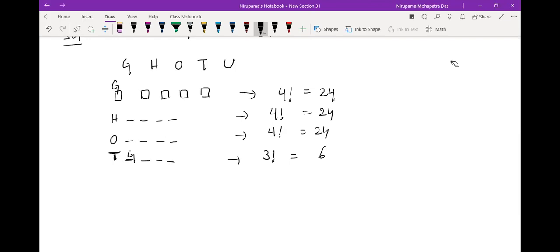Again T, because we are interested in T-O-U-G-H. So till the time we get T-O-U like this, we have to continue. So T here in first place we are interested. Now G here next. Second place after G you will keep H. So again 3 places, 3 letters, factorial 3, that is again 6 different words.